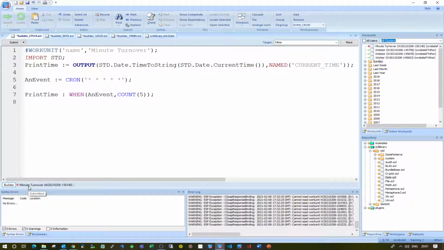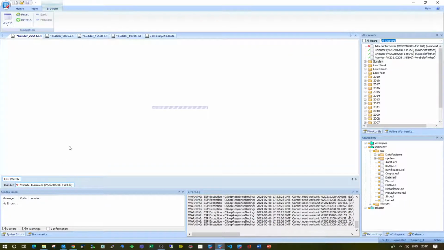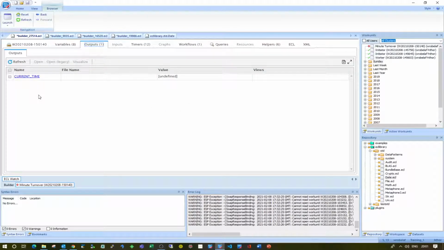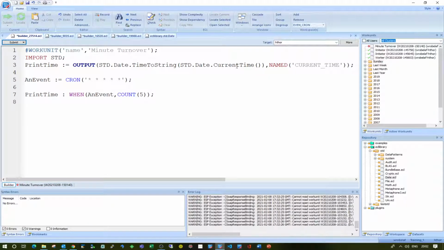So if we have a look at that minute turnover, it's undefined at the moment. When eventually it fires off, just hang around for a minute. Let's see. While it's doing that, an interesting construct is that current date time in the standard date library is documented, but